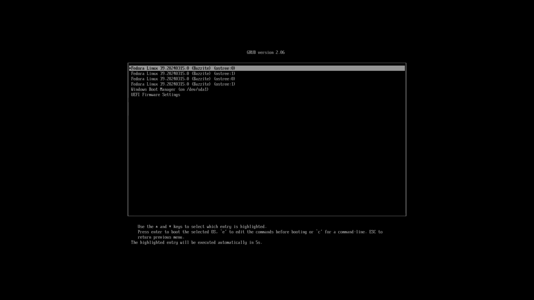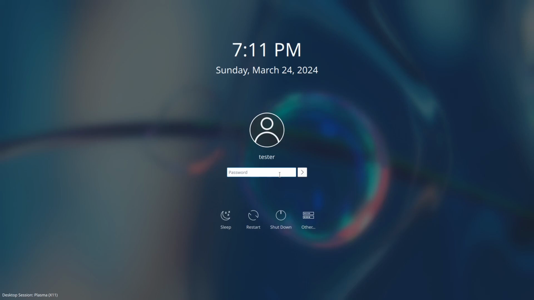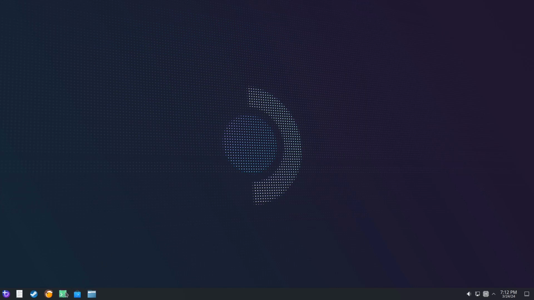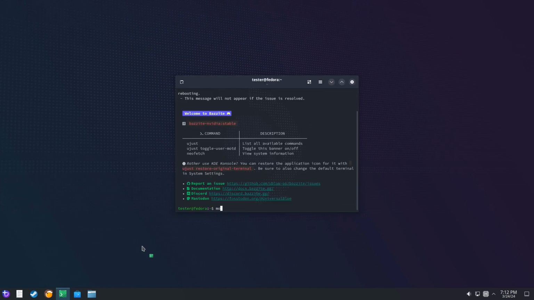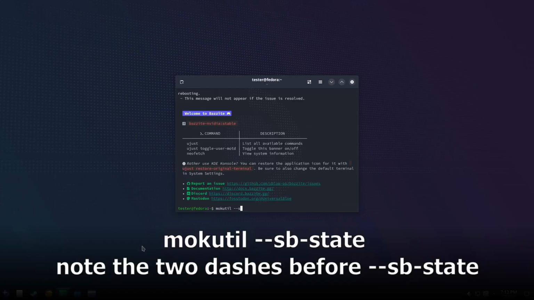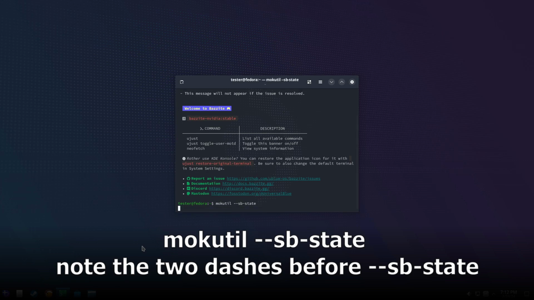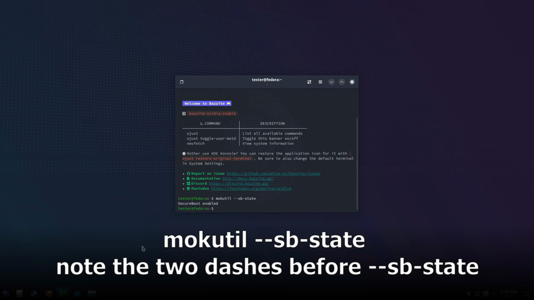Reset the machine. Now that the machine is restarted, we're just going to log in again quickly. To check that Secure Boot is enabled, we're going to open the terminal and we're going to use mokutil --sb-state. And over here we can see that Secure Boot is enabled.